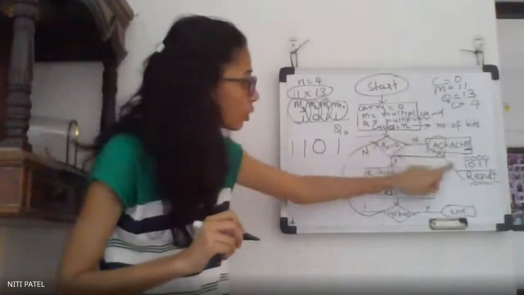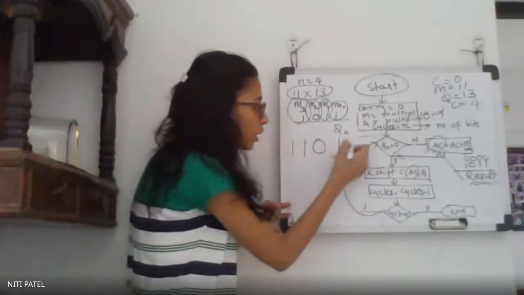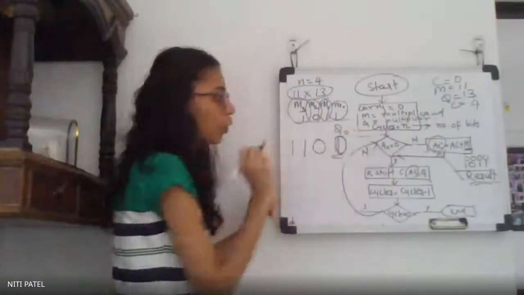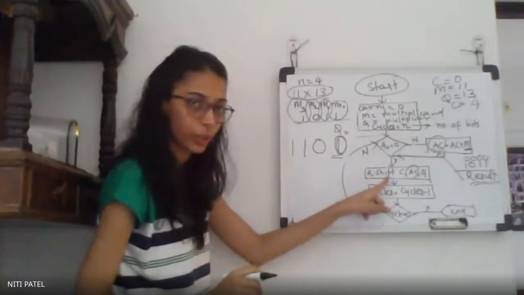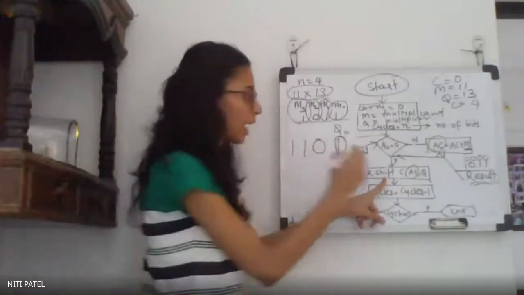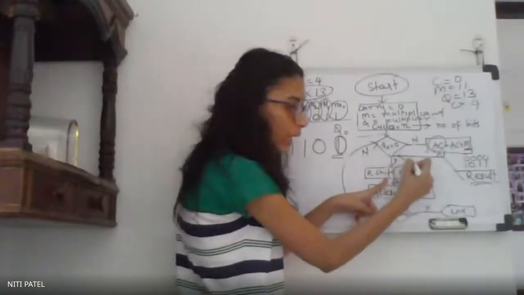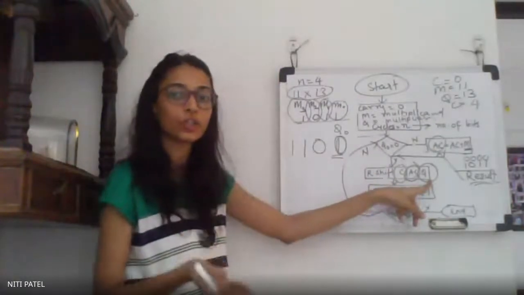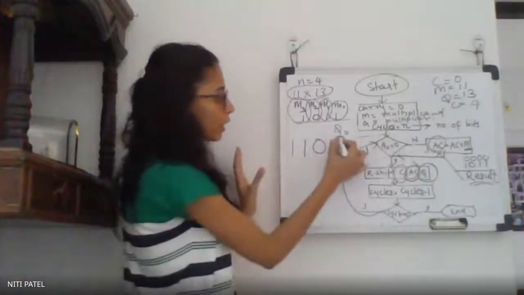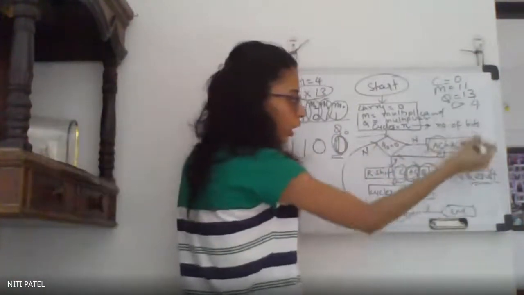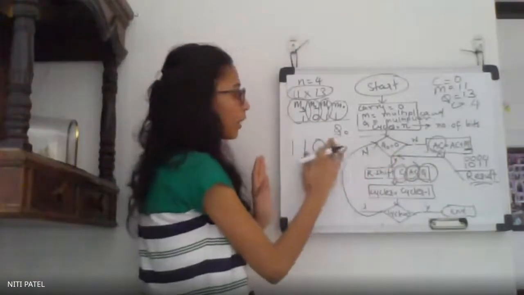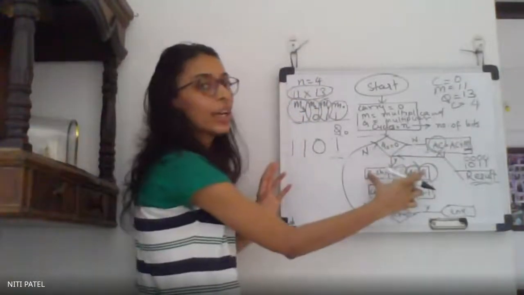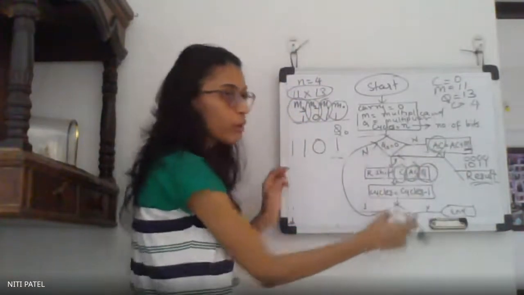I have to do this step when my Q0 bit is not equal to 0. But if it is 0, I have to perform right shift. Right shift of what? Right shift of carry, right shift of accumulator, and right shift of Q. How this right shift is to be performed, I will teach you when we start the sum. So just remember, when Q0 is 0, you do not have to do this addition, you directly do the right shift. But if this is 1, you first perform this addition and then come back and do the right shift. After that, you have to reduce the cycle.